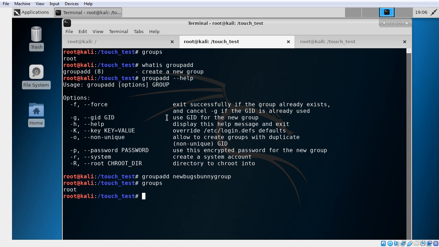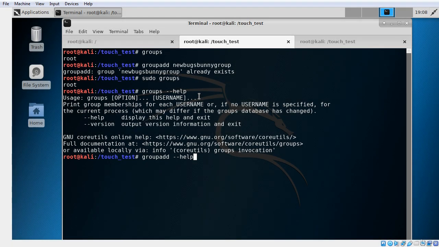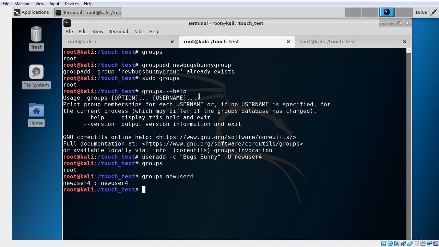Let's first see what's going on here. So groups, okay, let's see if we can add that group again. Already exists, so let's just go back to that one, and groups new user 4. Okay, it created a group with the same name as the new user 4,